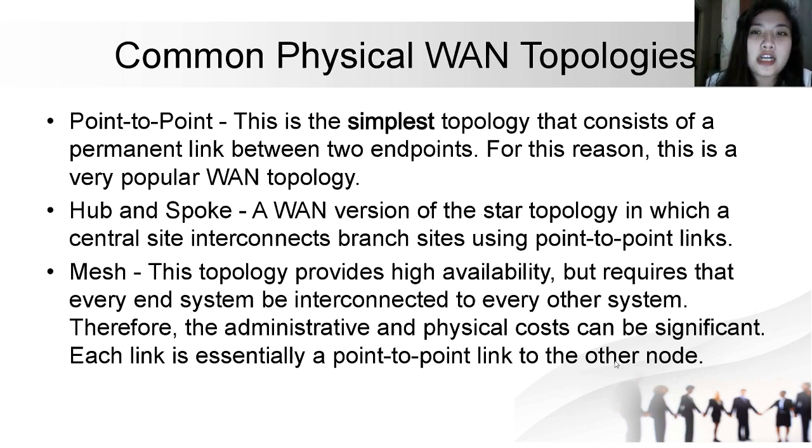For common physical WAN topologies, WANs are commonly interconnected using these physical topologies: point-to-point, hub and spoke, and mesh. Point-to-point refers to the simplest topology that consists of a permanent link between two endpoints. For this reason, this is a very popular WAN topology. Hub and spoke, a WAN version of the star topology, in which a central site interconnects branch sites using point-to-point